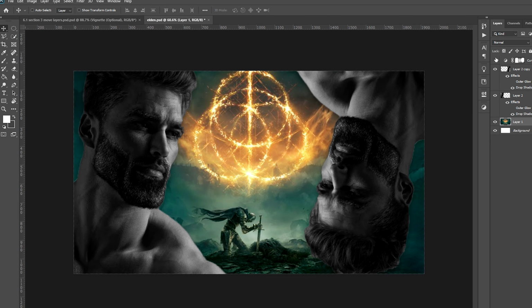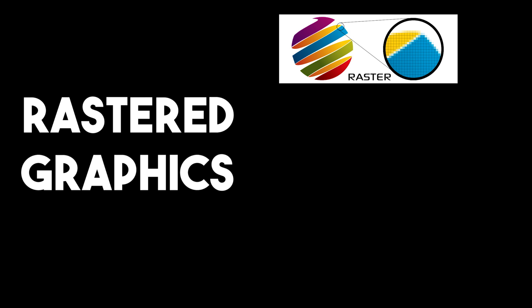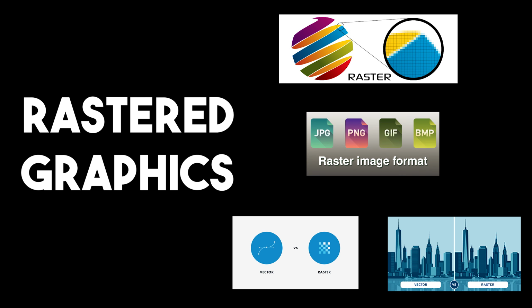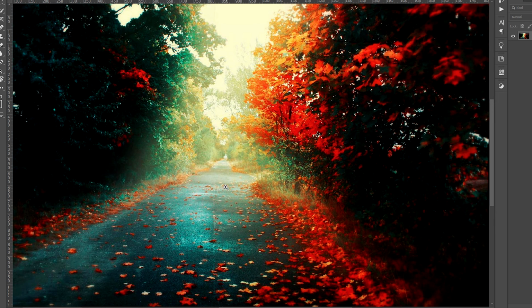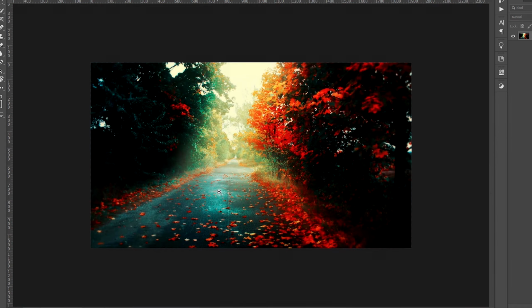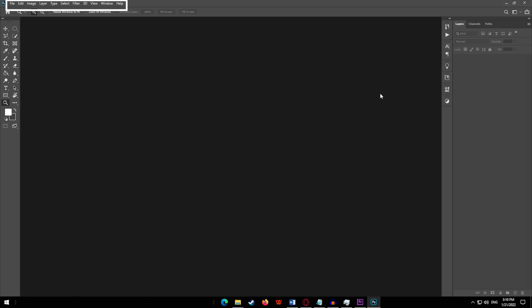Photoshop is a raster graphics editor by Adobe, which is mostly used for editing photos nowadays. Rastered meaning it's a two-dimensional image that shows as rectangular grids of square pixels, explicitly noticeable when you zoom in on a photo. After opening Photoshop, you'll see the menu bar on the top and you'll see the toolbar on